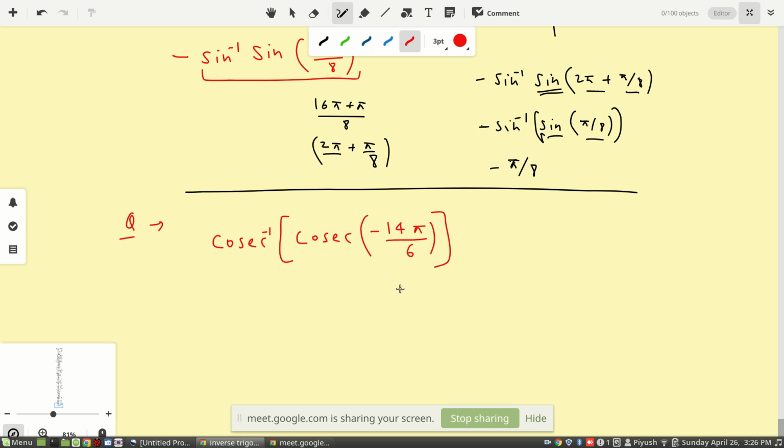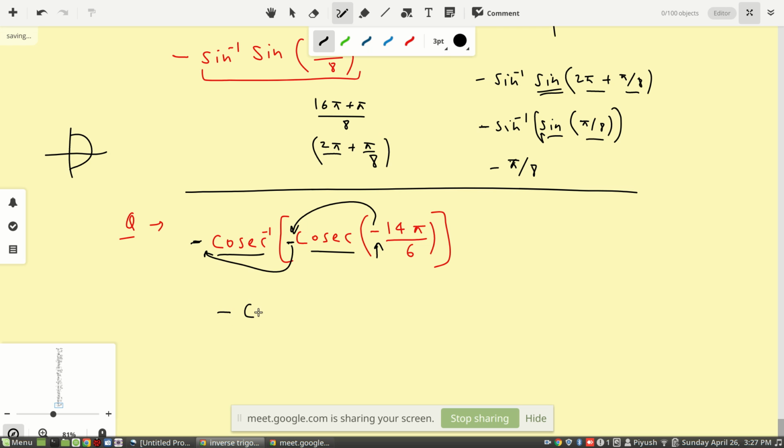Anyone having the answer? So here, what will happen to this negative? Since it is cosec, only in the 2 cases, cos and sec, the negative will not change anything. But here this negative will come out first of all, and then after that we'll see this one. So it is a cosec inverse. Cosec inverse belongs to this family. So this negative again will come outside.